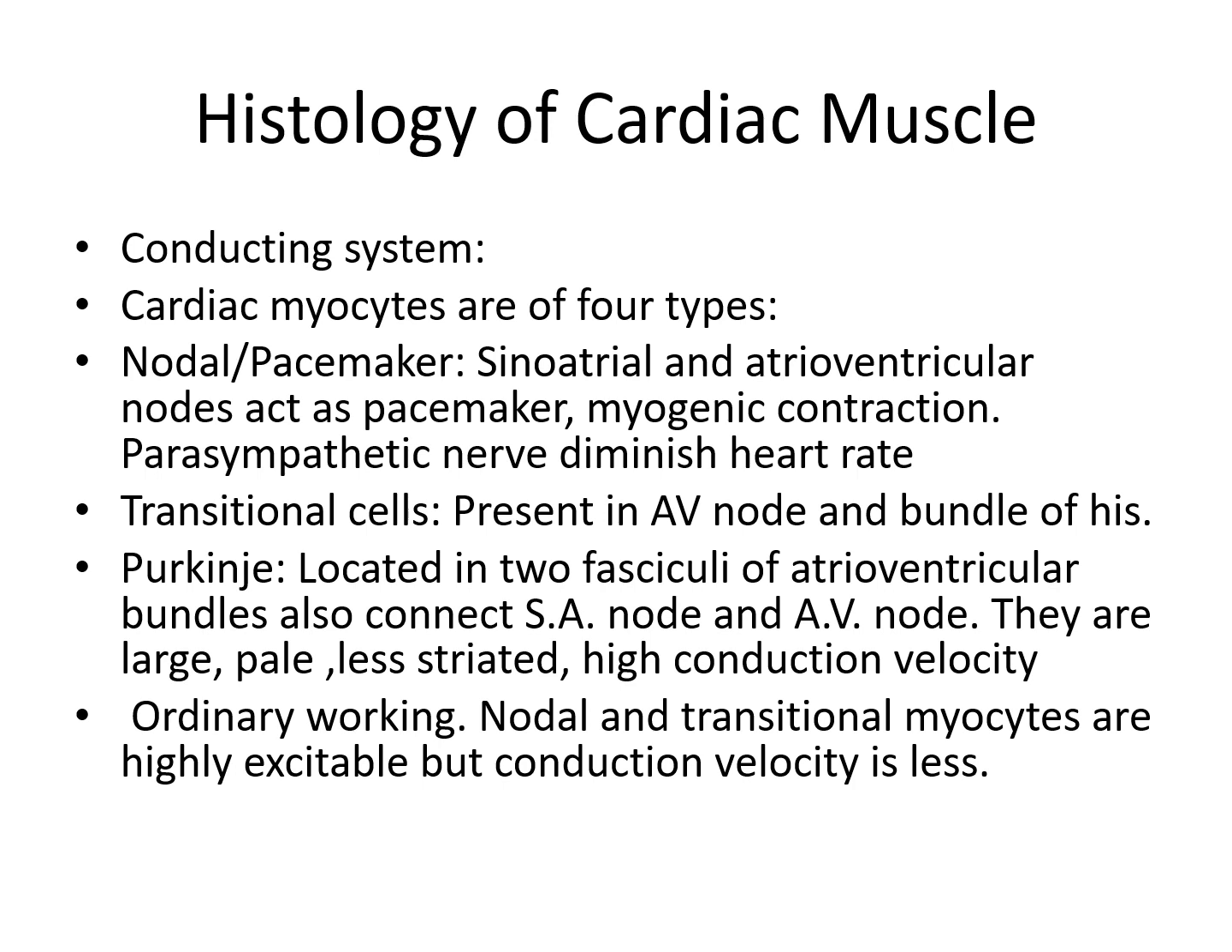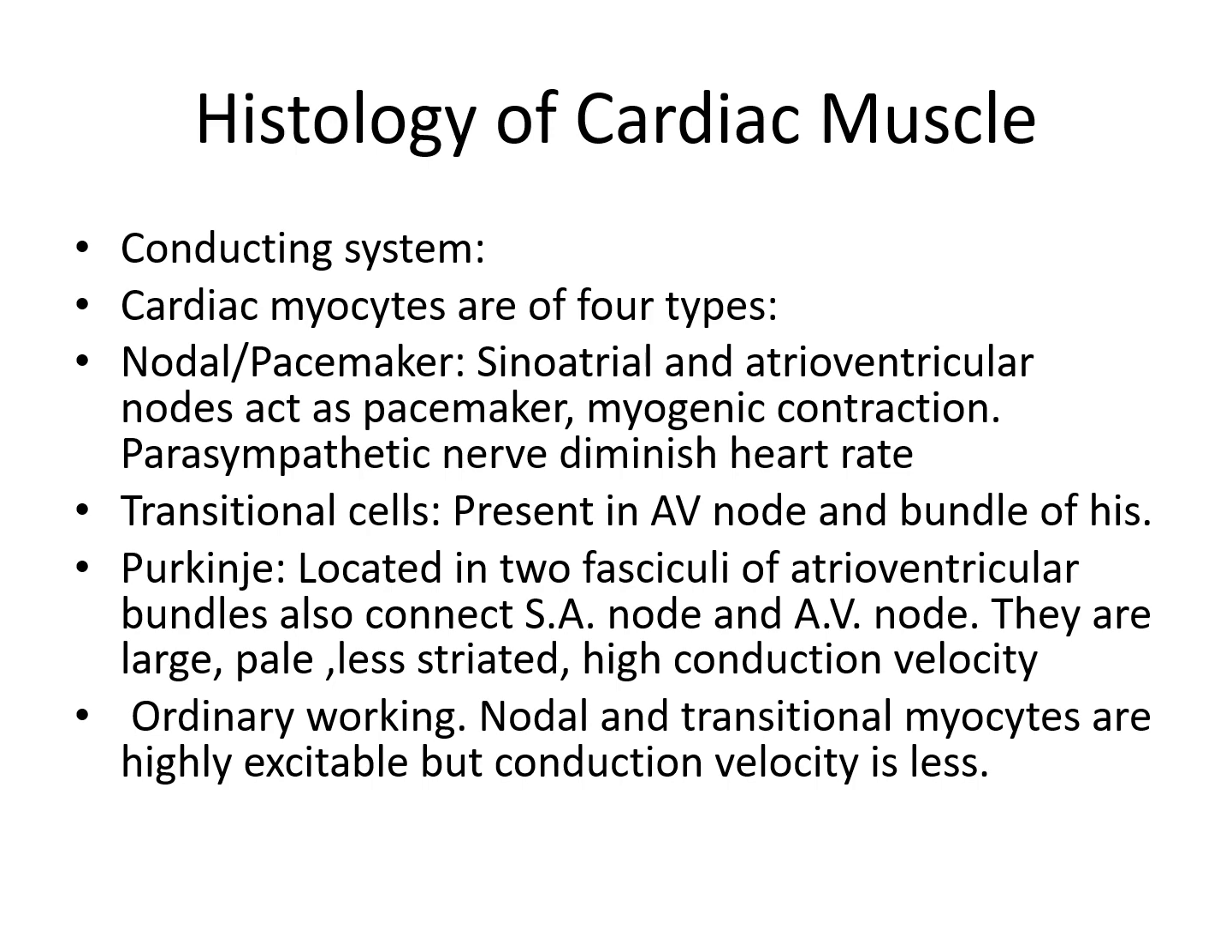have high conduction velocity. The ordinary working myocytes and the nodal and transitional myocytes are highly excitable, but the conduction velocity is less. So maximum conduction velocity is present in Purkinje cell, but the Purkinje cells are less excitable, whereas the nodal cells, transitional cells, and ordinary working cells are highly excitable, but the conduction velocity is low